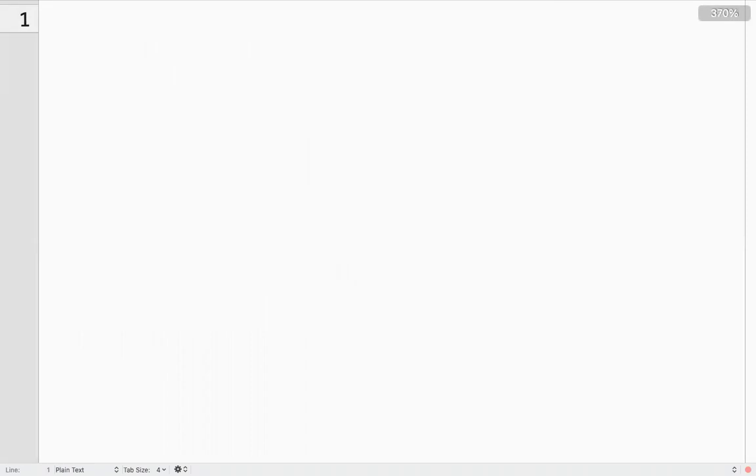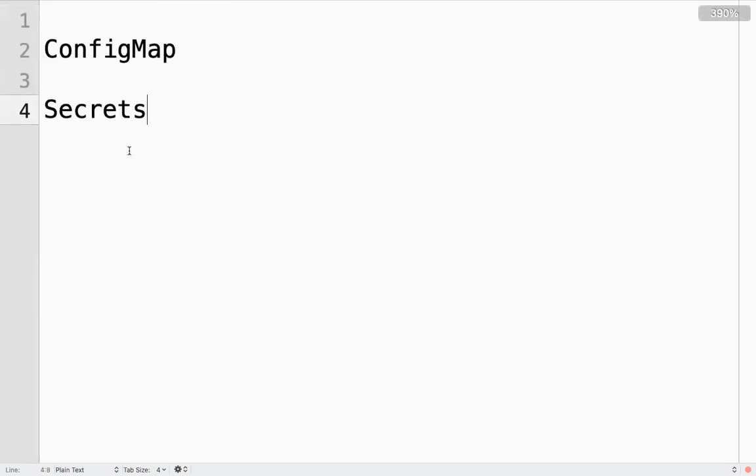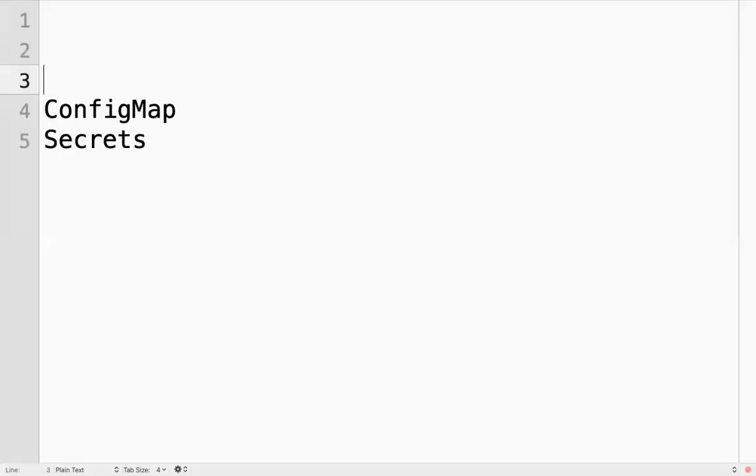Now let's understand some additional concepts: config maps and secrets. How are we passing configurations which vary for each environment?